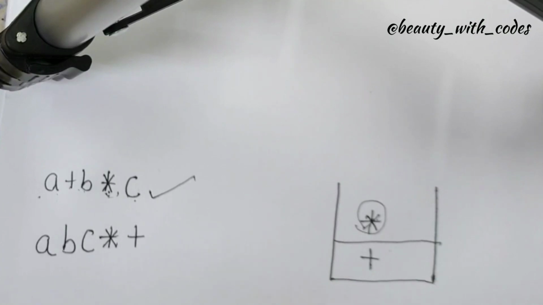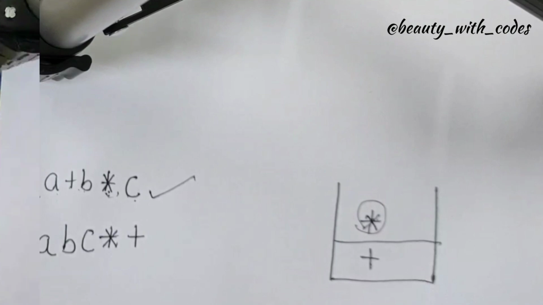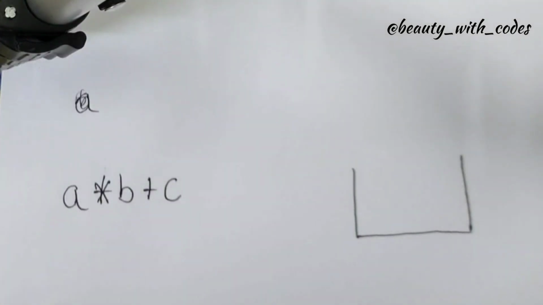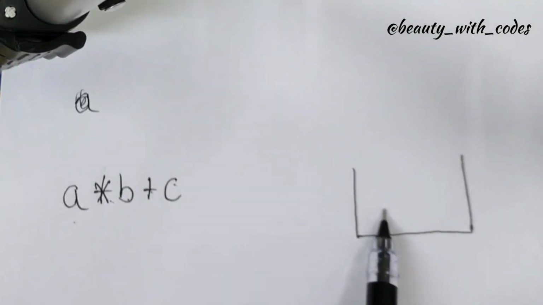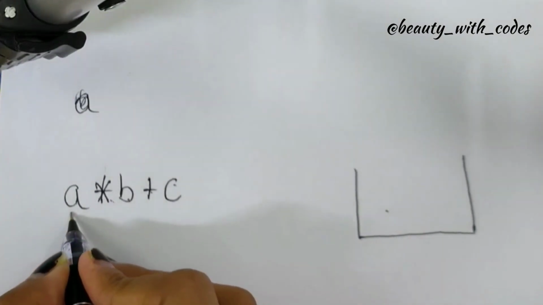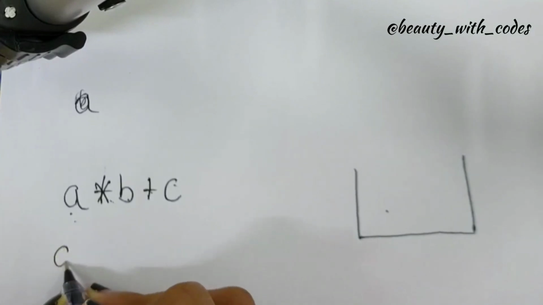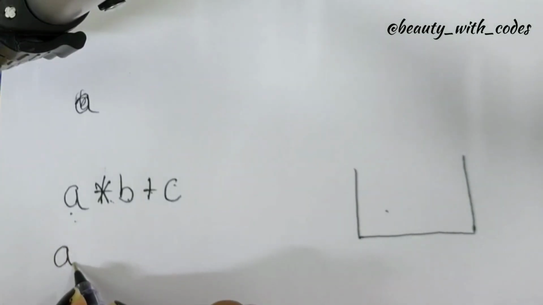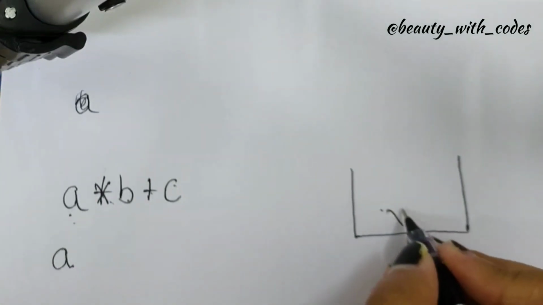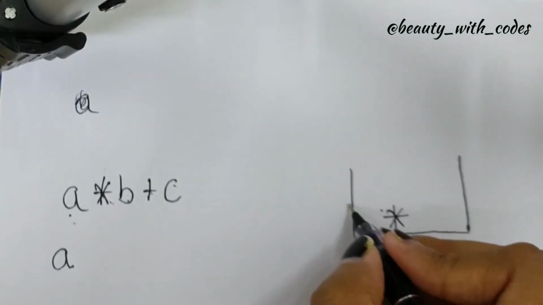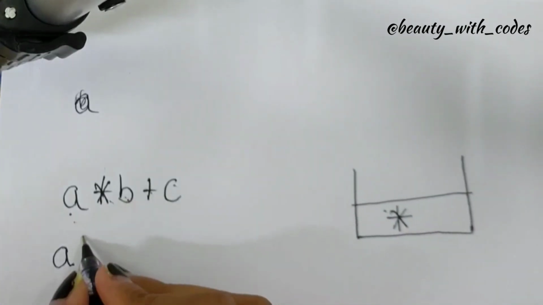So this is nothing but the equivalent postfix expression of this infix expression. I hope you understood. Don't worry, I am showing you one more example to make it clearer. So this is our second example, A multiplied by B plus C. This is again an infix expression. This is the stack, and I hope you are now familiar with the conditions, so I'm not going to explain that. So what is the first element? It is A. So A is going to be printed or written since I'm using paper. Then multiplication. Since our stack is empty, this sign is going to be pushed into our stack.